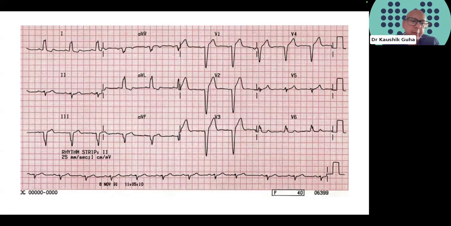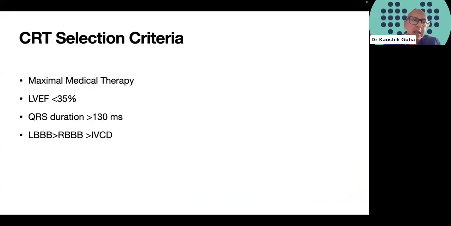And the reason why I've put an ECG here is that this is left bundle branch block. One of the reasons why ECGs are important within a heart failure population, and the need for attention and surveillance, is that a patient may go on to develop left bundle branch block during the course of their lifetime and the course of the disease. This may be associated with disease progression and means that we should look at our patients to see if they are eligible for a biventricular system.